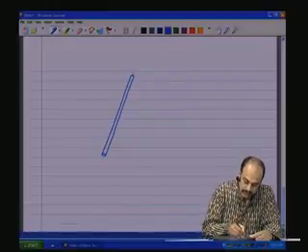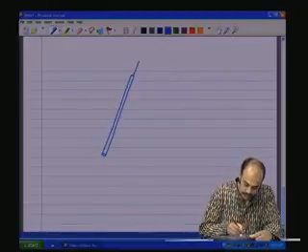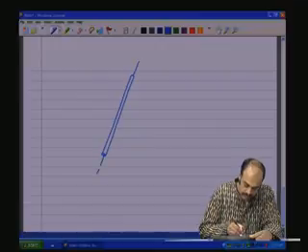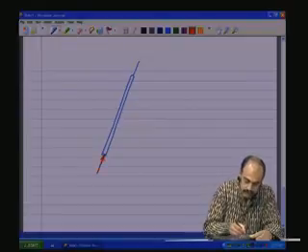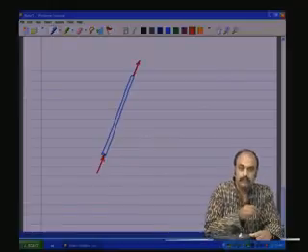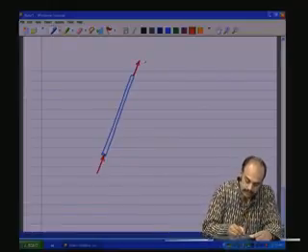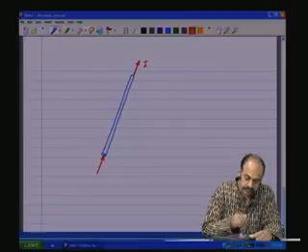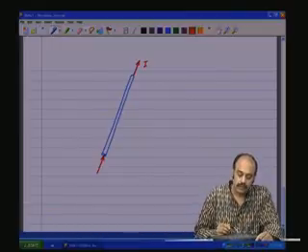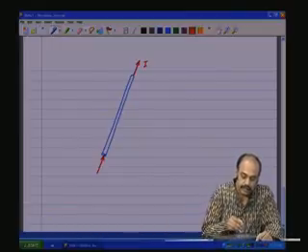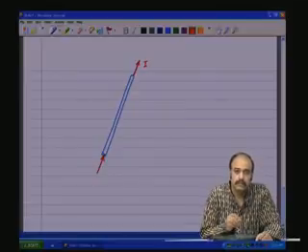Now this conductor is carrying a current. So this conductor is carrying a current I. So if this conductor is carrying a current I through it,